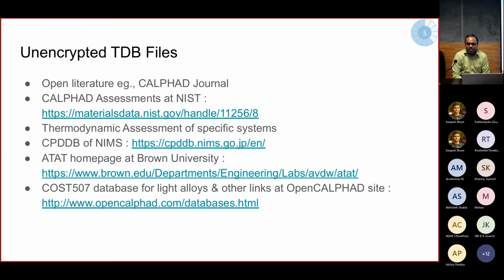Where you find these unencrypted database files is something I want to say a word or two about. There's the journal Calphad, one of the few where the thermodynamic data after assessment is published. Most of the publications come with a TDB file that you could download, and so that is one good place to look. And then NIST maintains a list of all these TDB